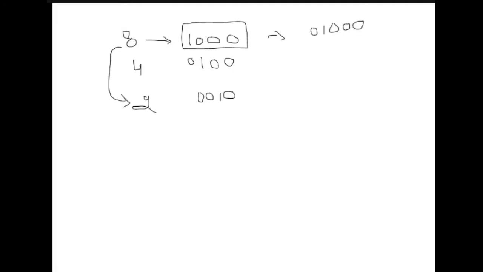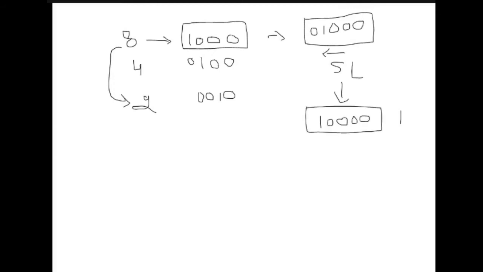This will be the 8 that needs to be stored in my 5-bit register, and then we are performing the shift left operation. Left means this side. So while you perform the shift left operation, this will be something like 1 and 4 times 0. So this will be representing the 60 in decimal. So this is how, by using shift left and shift right, we can even perform division or multiplication operations. But this is not the universal one.